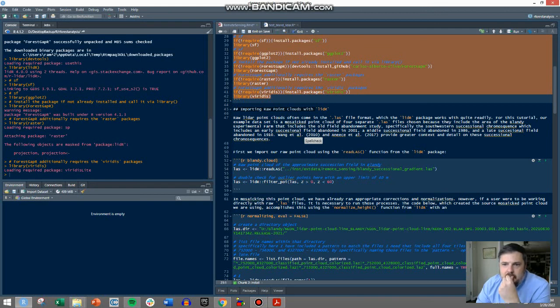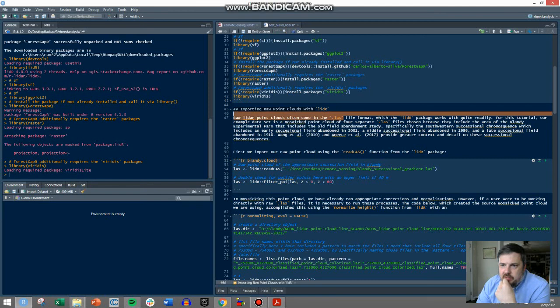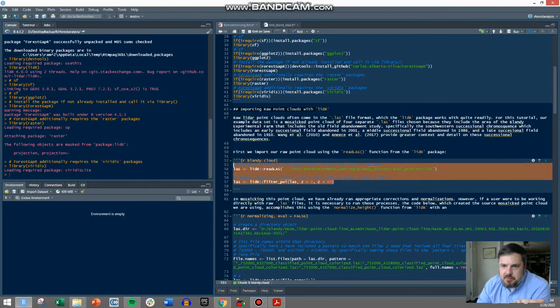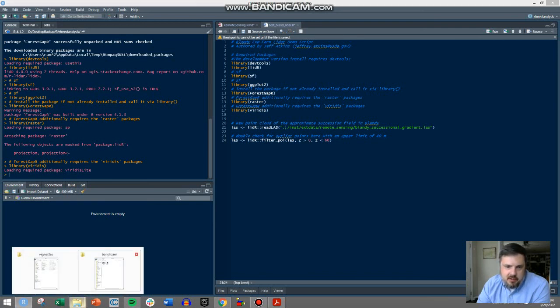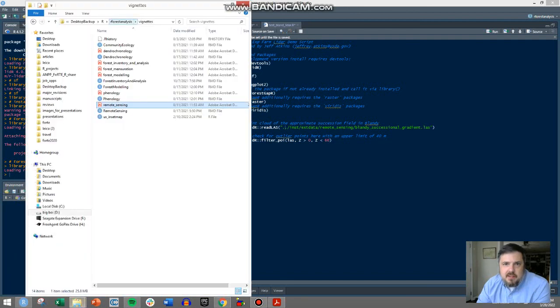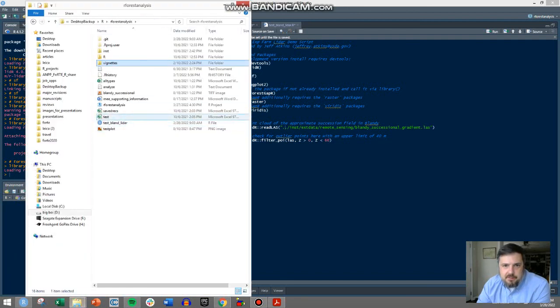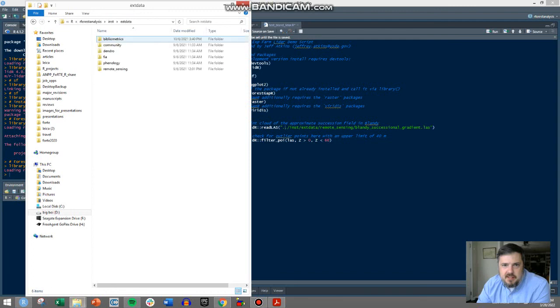The raw lidar point clouds often come in what is called a LAS file format, and that's what lidar works with really well. So first, let's copy these two pieces of code into our file. Now, this little indentation here is telling it where my raw lidar file is. My raw lidar file, because I saved it in my directory over here, is in an external data